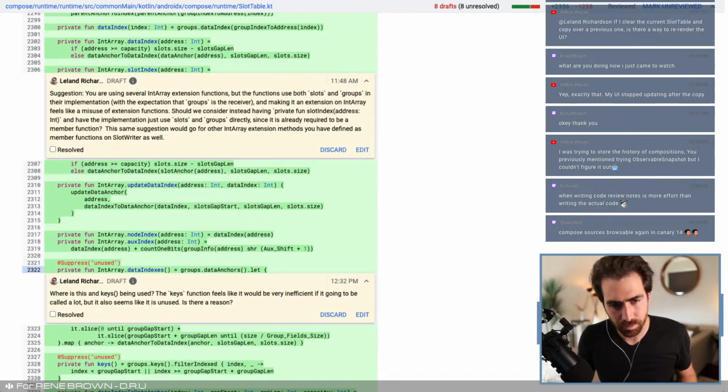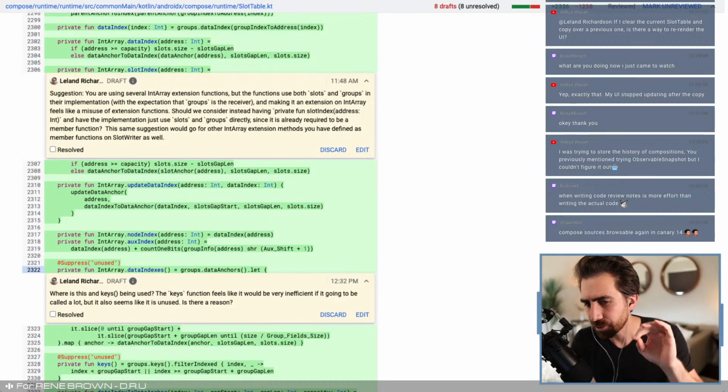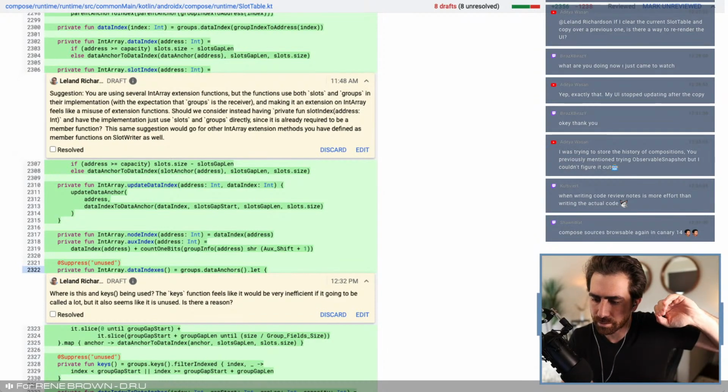That didn't work. Static ambient. So basically if you made a static ambient and provided it at the root level of the slot table,